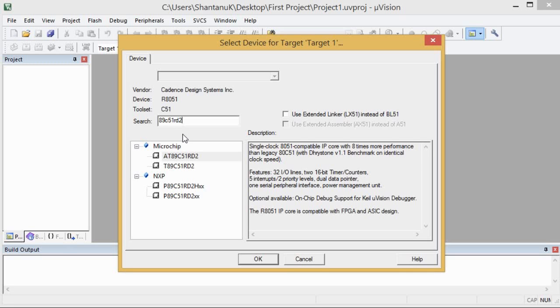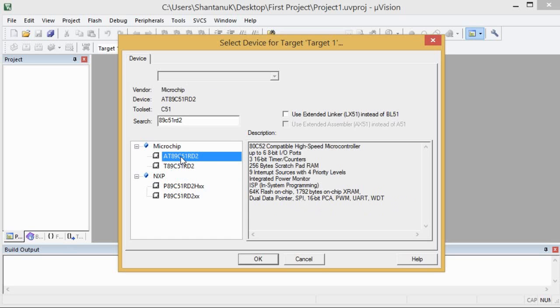Means if 8051 is the basic microcontroller, then for 89C51RD2 there can be RD1 and many other derivatives available, out of which we are seeing RD2. That's why if we talk about 89C51RD2, we can get it from Microchip or NXP. If you click on it, you can see it is an 8052 compatible high-speed microcontroller.